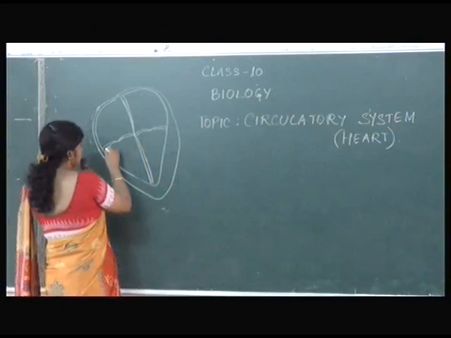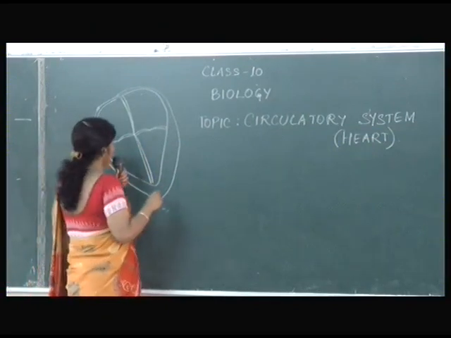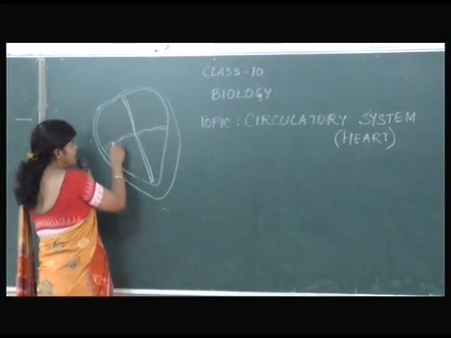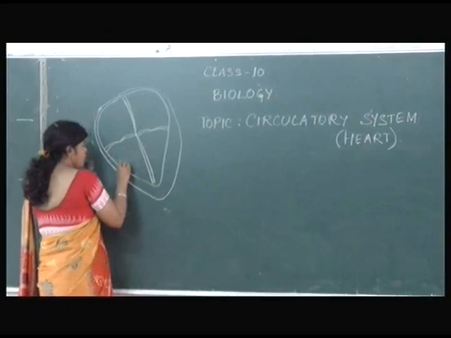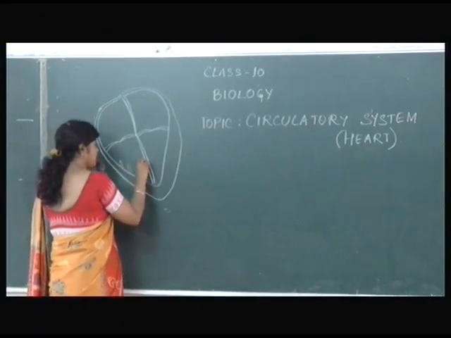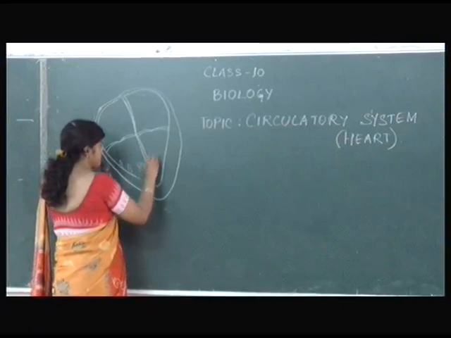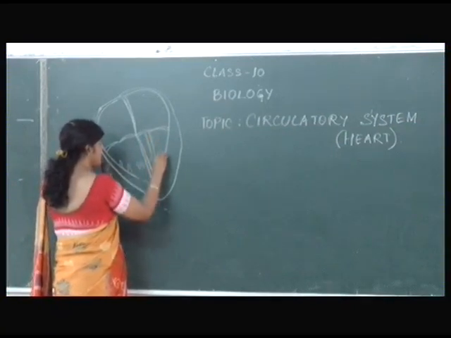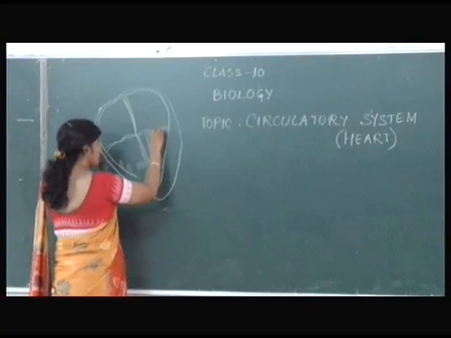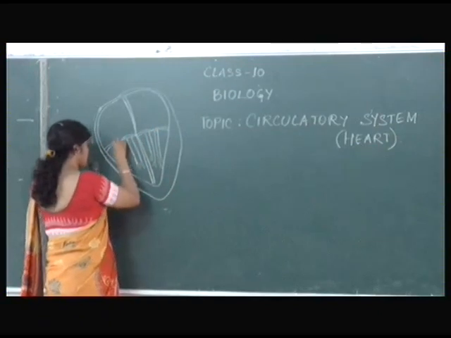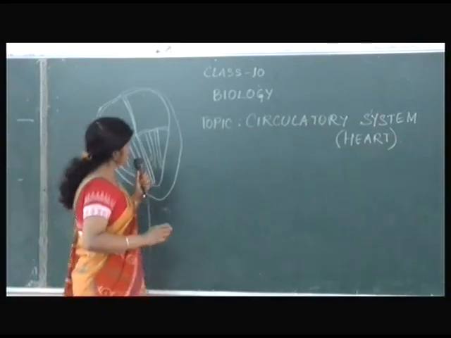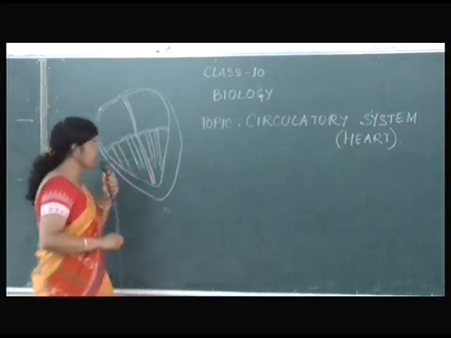These cuspid valves are also known as atrioventricular valves, as they are present at the junction of atrium and ventricle. From the wall of both ventricles are present finger-like projections we call papillary muscles. They are very clearly visible, and from the papillary muscles are present string-like structures we call chordae tendineae. I am not labeling them, as in the previous class I had already labeled. So these are the chordae tendineae. We go further today.